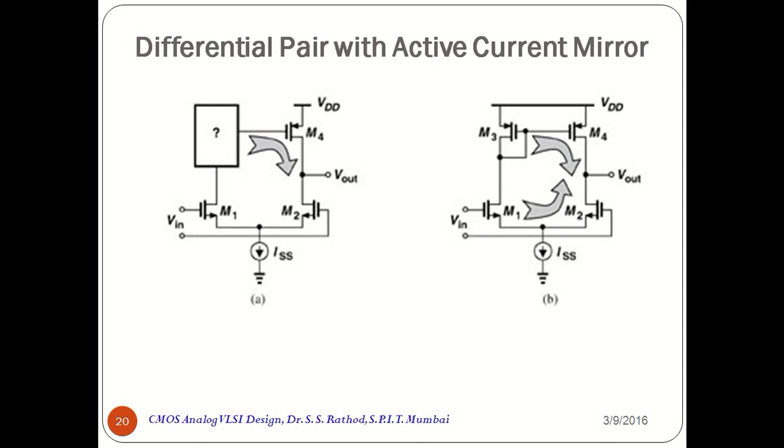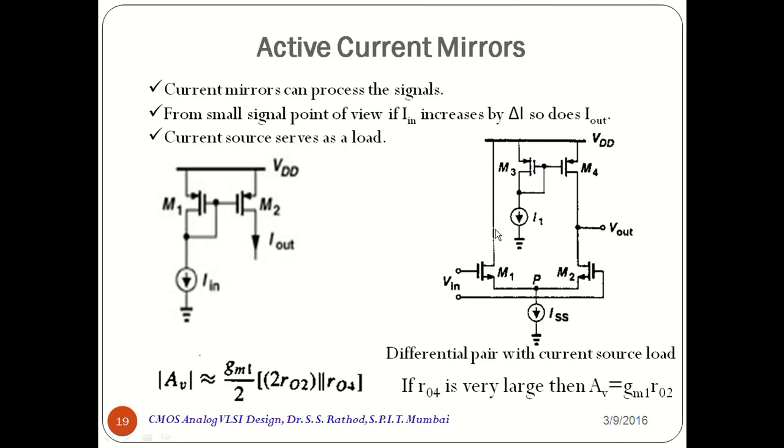If you observe the earlier circuit, that is this right hand circuit, then the small signal drain current of M1 is